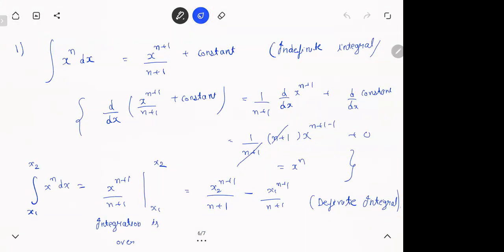Okay. So example, if I say x square dx from 1 to 2, this thing is looking like the x power n formula. Wait, I forgot one important thing. This formula is not valid when n is equal to -1. Write that thing. If you keep n is equal to -1, the denominator you will get 0. Doesn't make sense. So this formula is not valid for n is equal to -1. That is 1 by x. For that we have a different formula, we'll see.